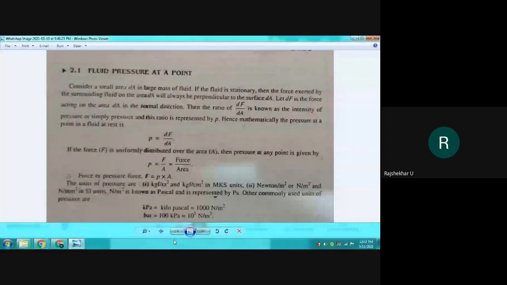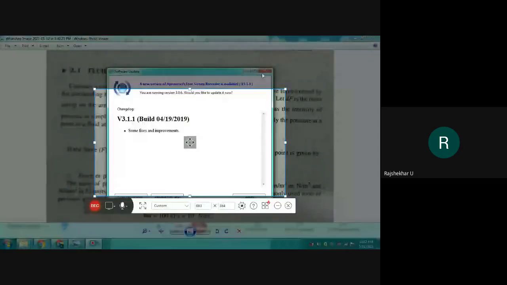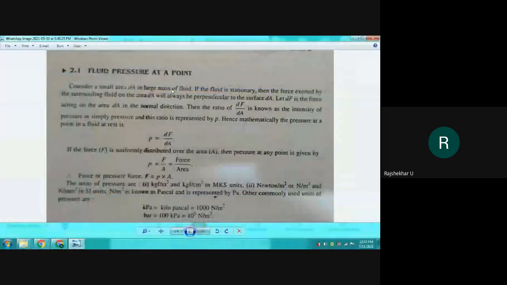Okay, so see here, fluid pressure at a point. When we say fluid statics, we need to discuss the fluid which is at rest. Let's say, for example, the water which is present in the tank. It can be an overhead tank, or it can be your sump tank. Usually you are pumping the water from ground level to the overhead level. So the motion we are not considering. When the fluid is moving, we are not considering. We are considering the properties of fluid at rest. That is fluid statics.